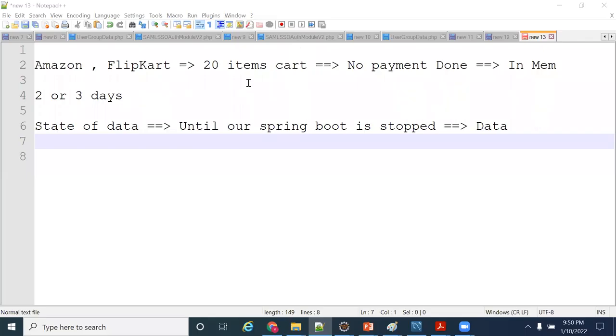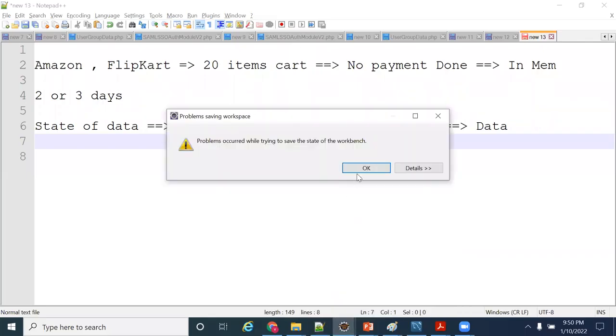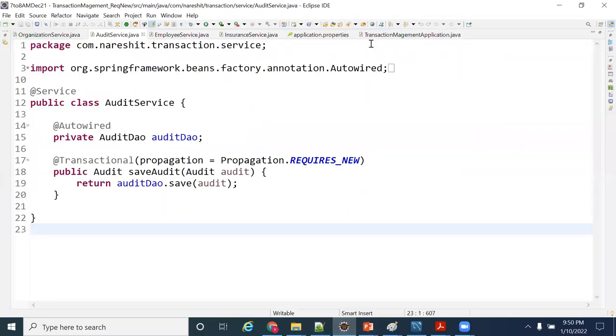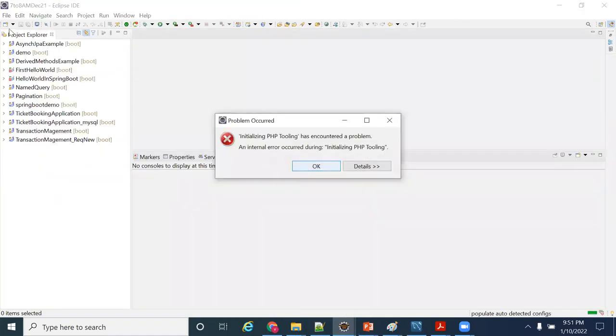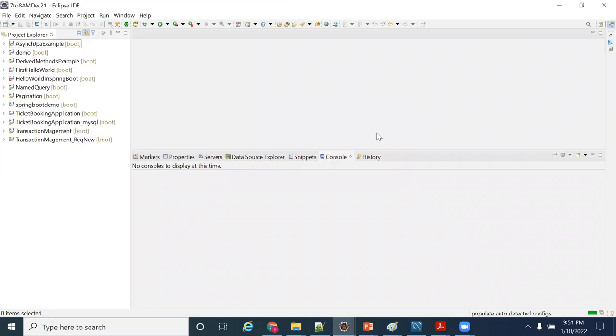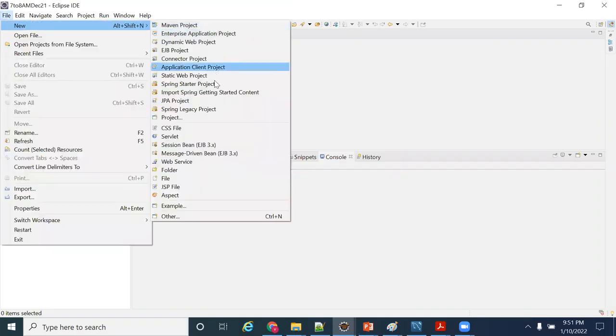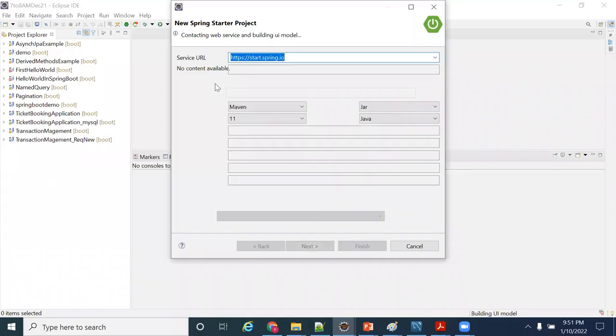Fine. Now I'm going to create an application here, guys. I'm creating a Spring Boot application. Can someone tell me how to create a Spring Boot application? I'm not having any idea. Can you teach me? No one has any idea. File, new, Spring Starter project, right? This is what I told in the demo class. When you installed the STS plugin, this will come, right? Yes, sir. So I selected this option.